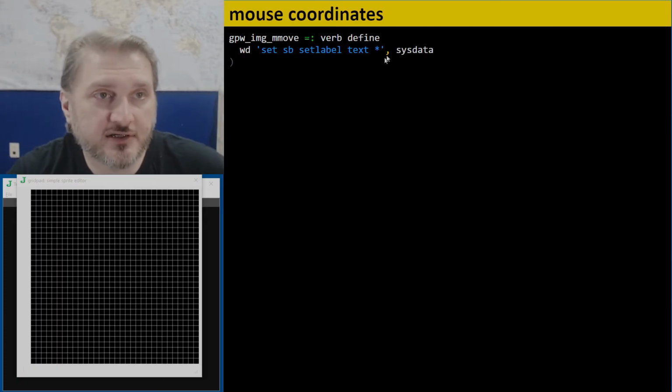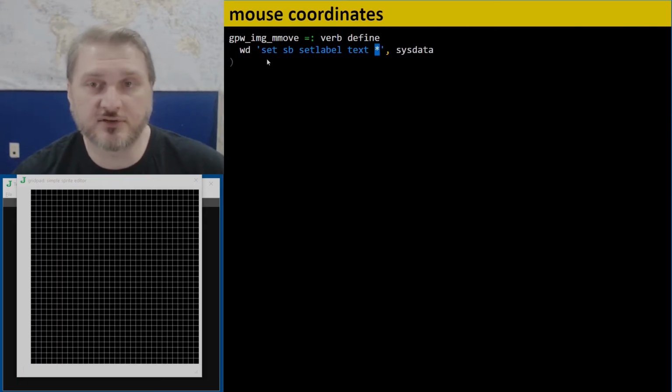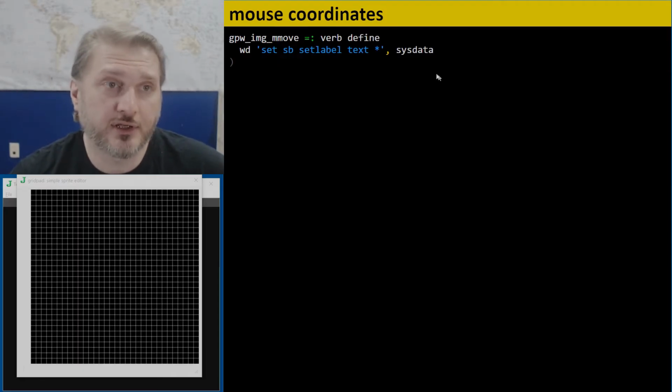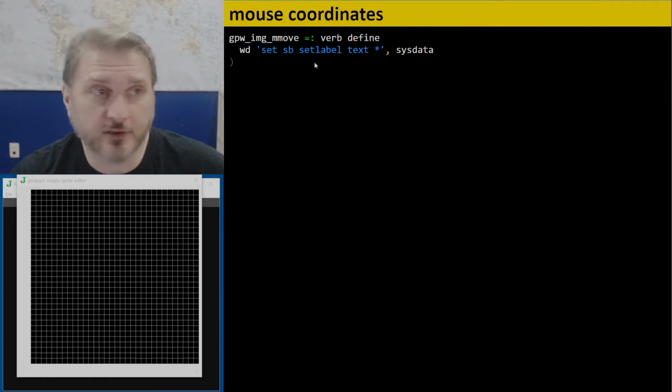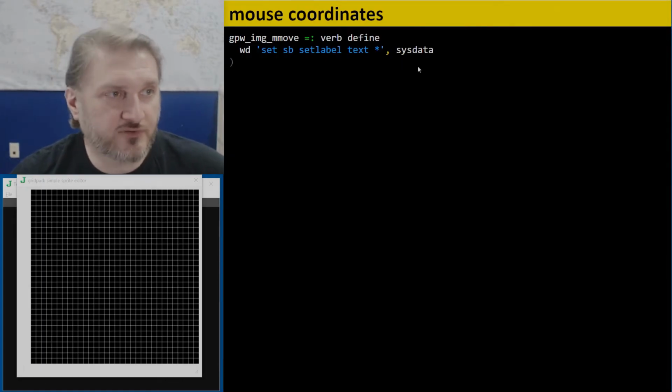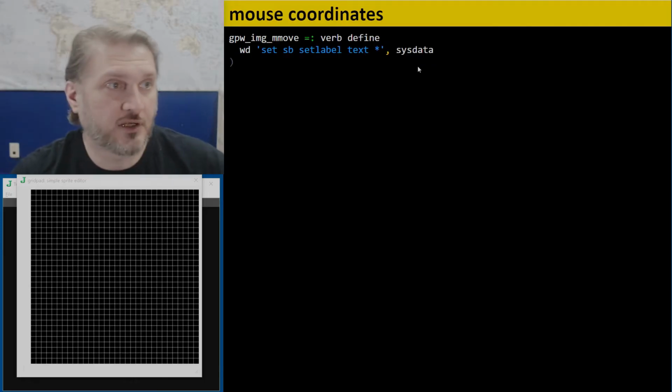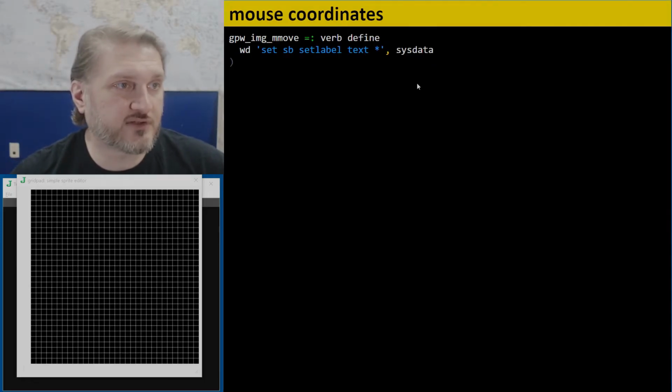The asterisk here is a special syntax in the window driver language that tells it to take the rest of the string and pass it as an argument, unquoted, to the command that we're currently running. Otherwise, we'd have to put double quotes around it, and WD would keep looking for more window driver commands afterwards. Anyway, so when we run this,